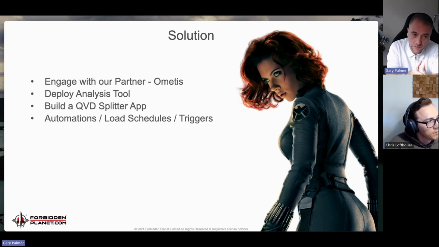And that comes down to the build of a QVD splitter. And you can find these on the community. The community is great for this. So just basically put in there how to split a QVD into dates or the types of slicing the data. So I found what that did, years and months. So we took a large QVD and ran it through this. It took about half an hour to an hour to do it. It loads, it loops through, finds the min and max dates, loops through, and then outputs yearly files of the data. Now that saves us trying to load from a large QVD doing a where.